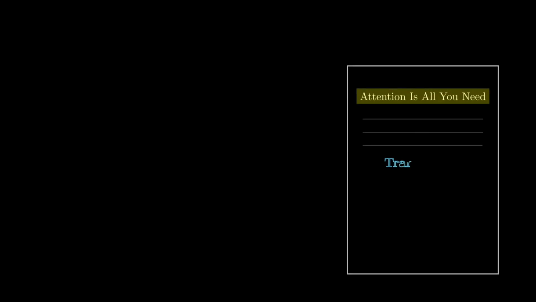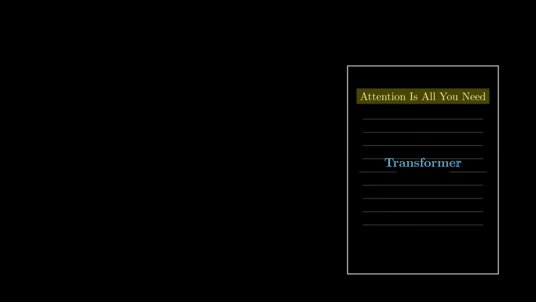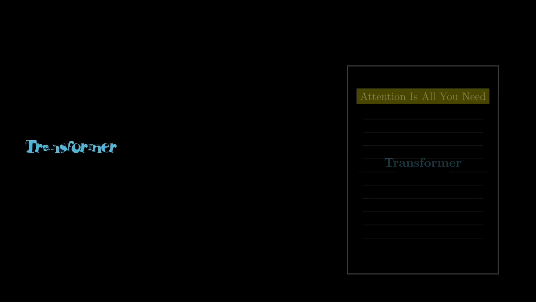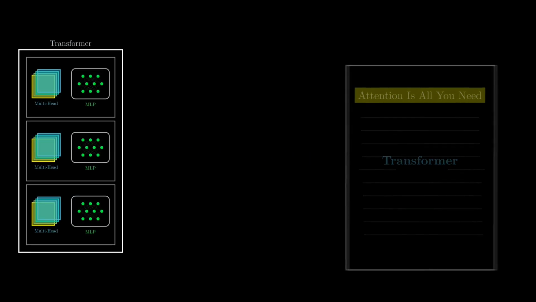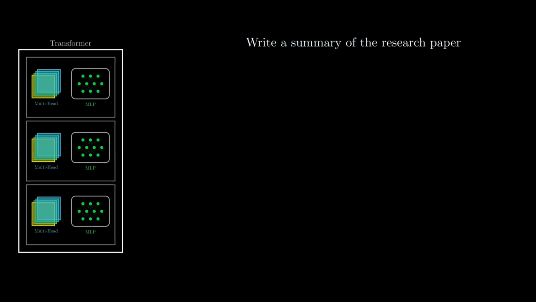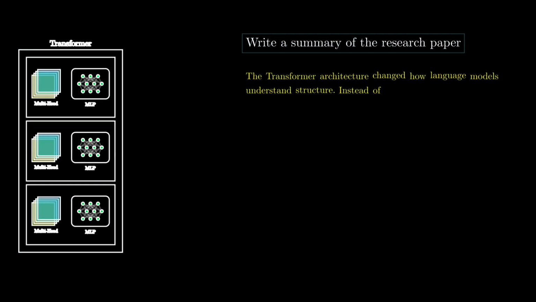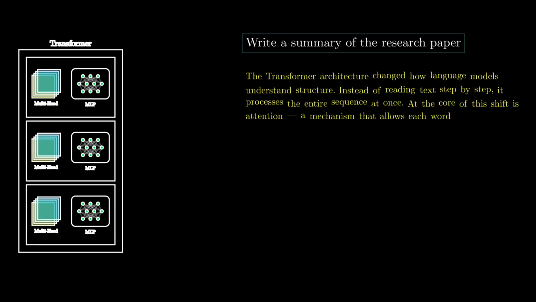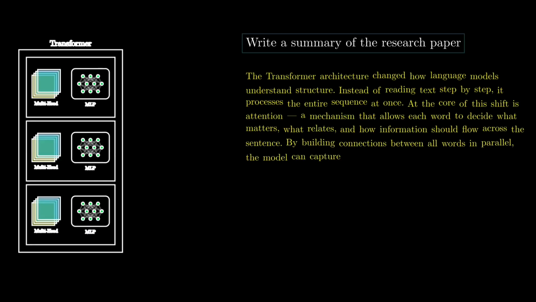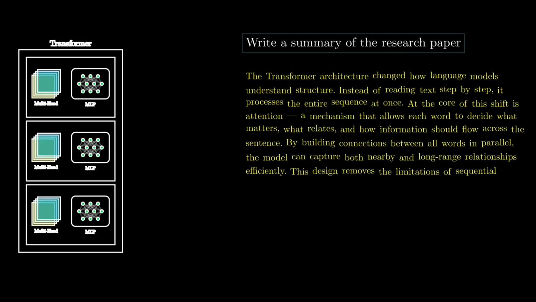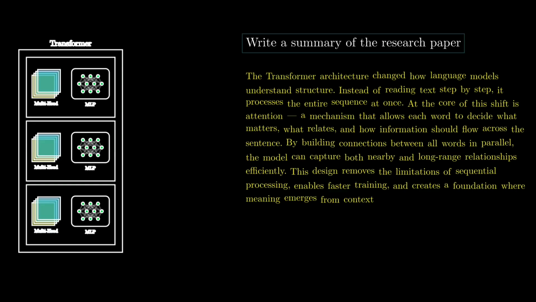When transformers were introduced in the paper Attention is All You Need, they changed how language models understand structure. Instead of processing sentences piece by piece, a transformer looks at the entire sequence at once, building connections between every part of it. It decides what matters, what relates, and what should influence the next prediction. Attention is the mechanism that makes this global understanding possible, and to see how it really works, we need to